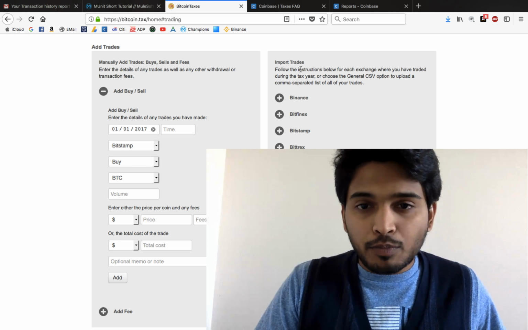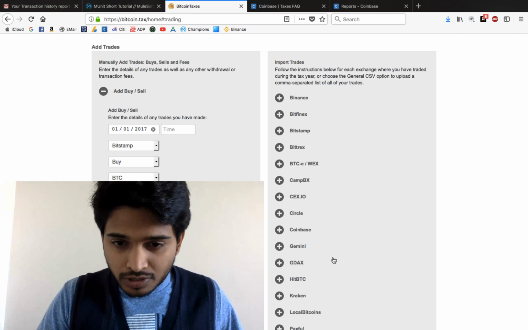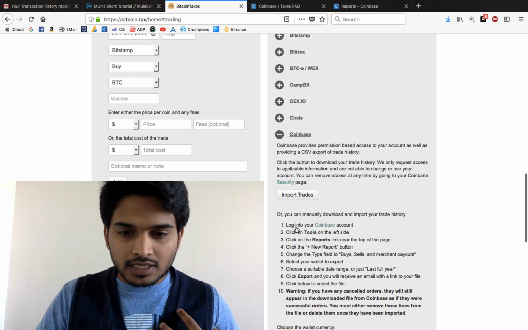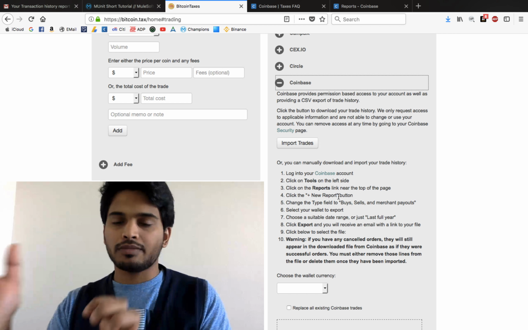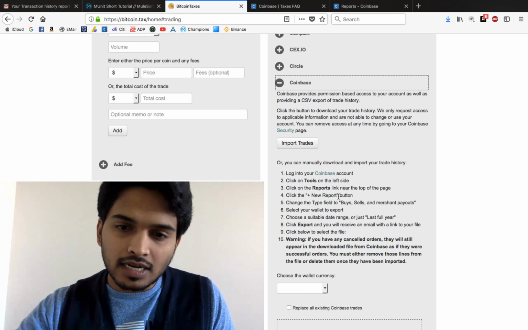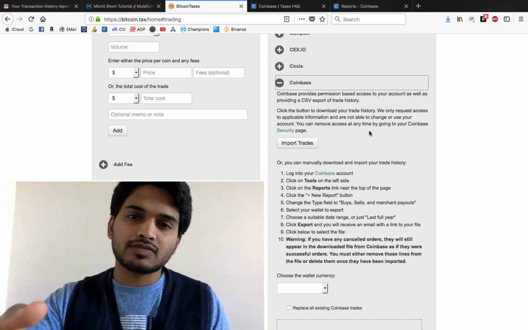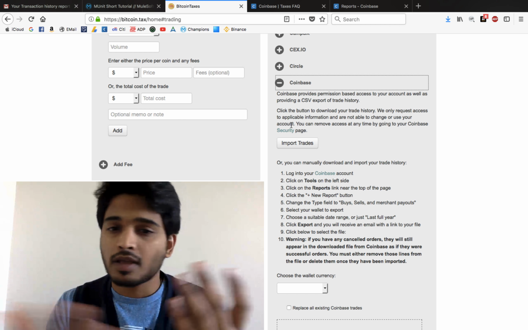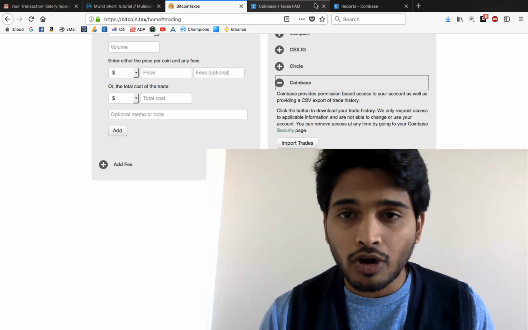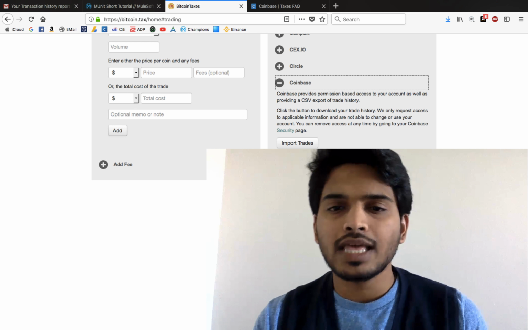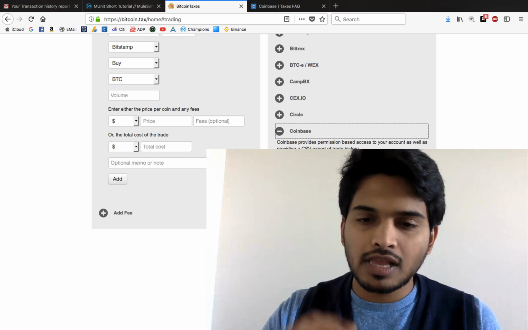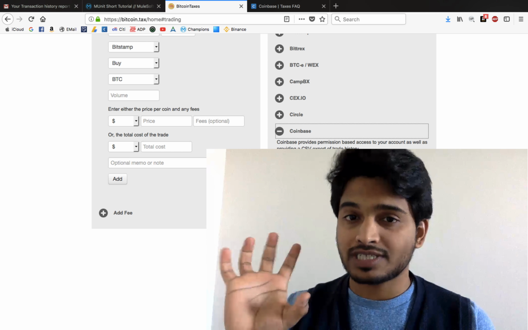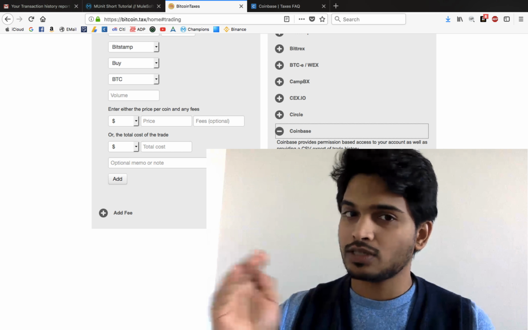Here you can see import trades on the home screen, whatever interface you are using. Let's suppose I'm using a Coinbase account. In the Coinbase option, I'll just click on that, and it will ask you to link the account with Coinbase. When you find that link, click that linked account, and it will ask for your credentials, and if your Coinbase is already open, then it will just make the link, and you will be able to see that in Coinbase. When you link your Coinbase over here, it will help you calculate all the taxes. To do that, you need to import all the transactions made in your Coinbase into this Bitcoin Taxes.